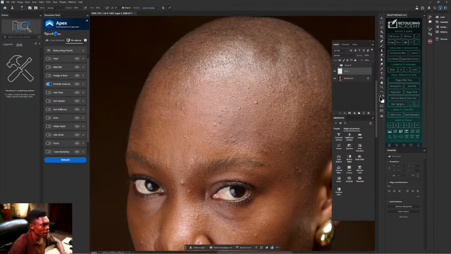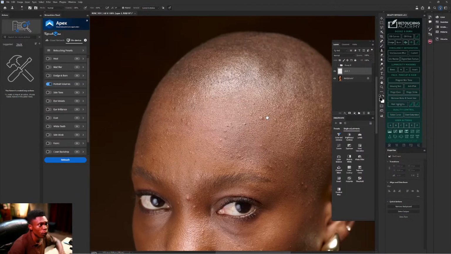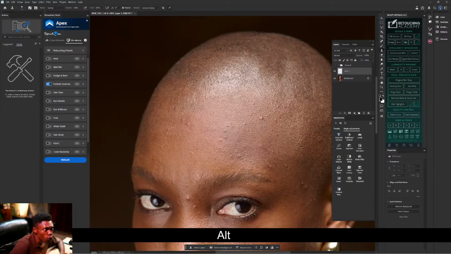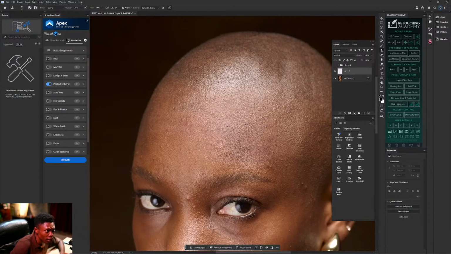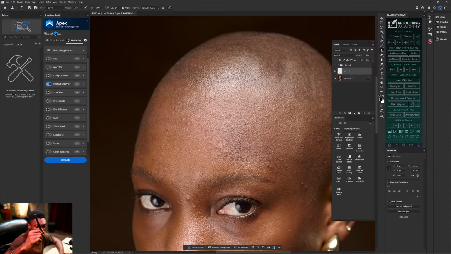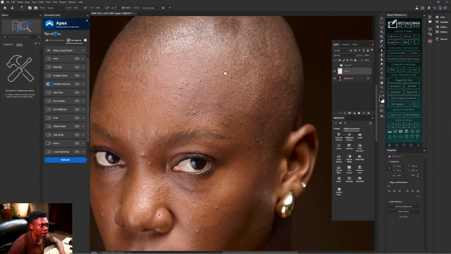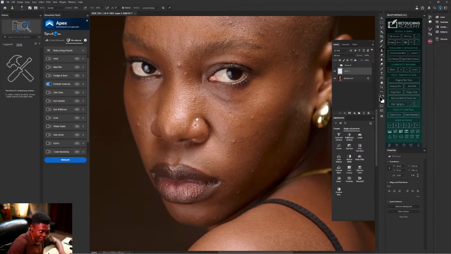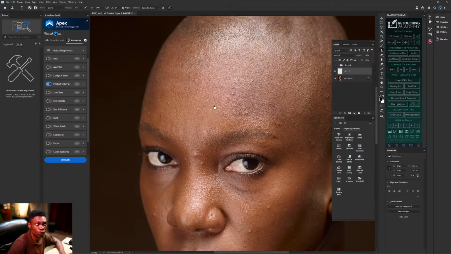Okay, move for back to this thing. Now I wan remove the pimple. This pimple now go take us time. You go hold alternate to sample free spot for her skin. If you click am, you don sample am. Then if you clean, you don clean. Hold alternate clean. Now I dey use my pen dey do am. This work I no go advise you to use mouse if you get graphics tablet. And any day wey you start to use graphics tablet, understand am, you no go gree use mouse edit again. You no go gree use mouse retouch for your life.